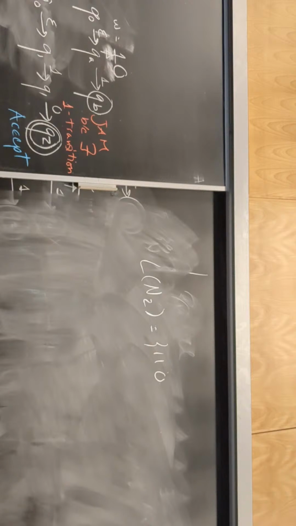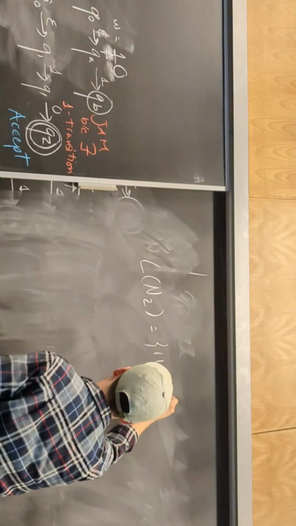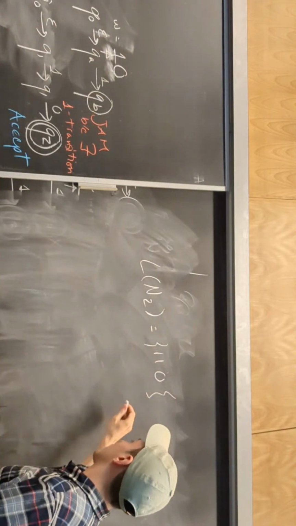And because you know that when you start here, you're reading no zeros, so you start with an even number of zeros here. But then you read a 0, so now you have an odd number. Then you go back, so you have an even number. Then you go back, so you have an odd. So you only go to here when you have an odd number of zeros, right? And it doesn't matter if you have an even or odd number of ones. You always stay at the same place with the ones. Okay? So what that means is the language accepted by N2 is 110